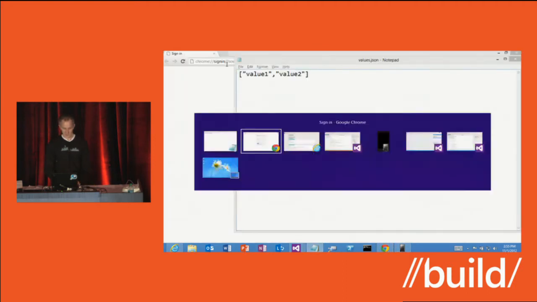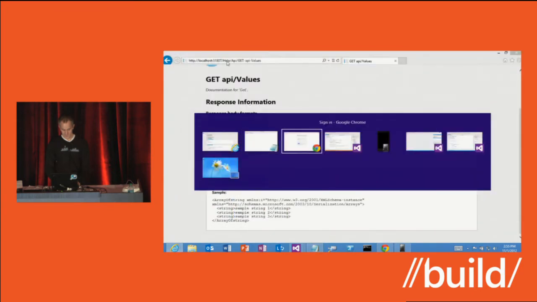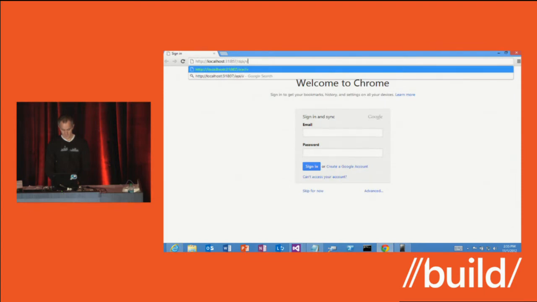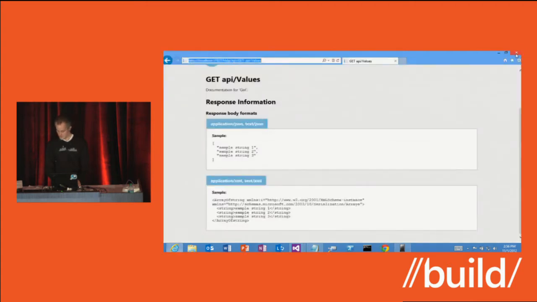Let's try it in Chrome. Copy the address. Now, in the case of Chrome, they do send an accept header. The client, in this case the browser, is saying, hey, if you've got HTML, I'd prefer that, but if you also have XML, that's okay too. Otherwise, just give me what you've got. So because it's asking for XML, web API is smart and says, oh, you would prefer XML. Let me give that to you instead. So in the case of IE, you got JSON because it didn't say otherwise. In the case of Chrome, you're getting XML because it actually asked for XML. Okay, so that's content negotiation in action.